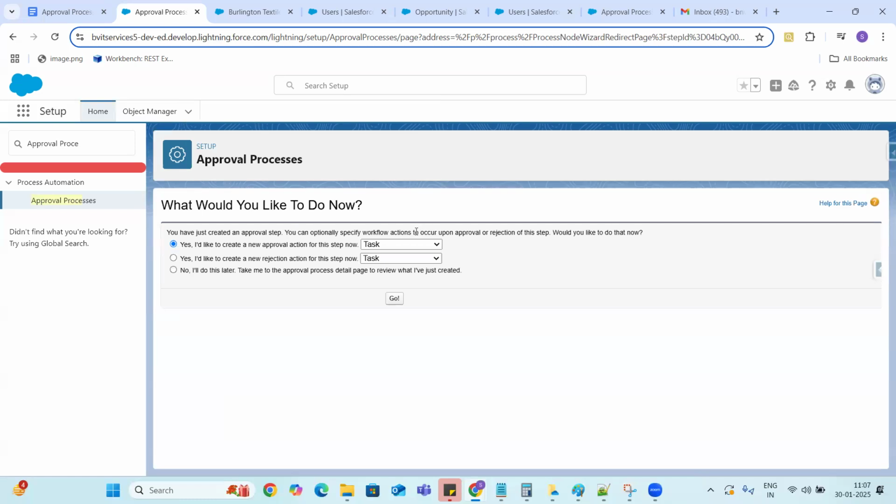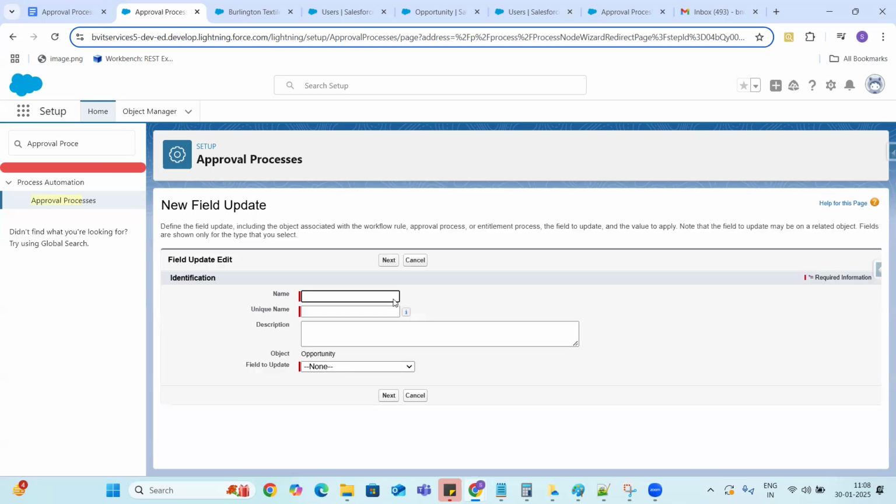Next, actions, guys. Whatever actions we have configured, we can create some actions. So I would like to create a new approval action for this step. Field updates. Update status.